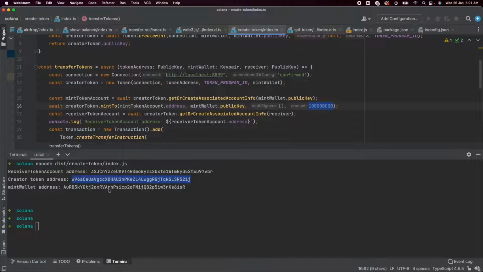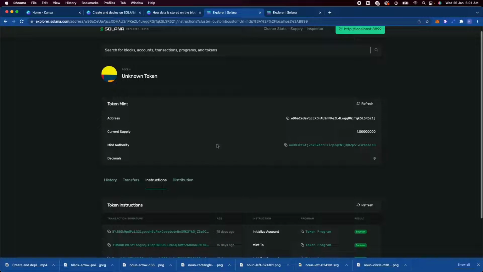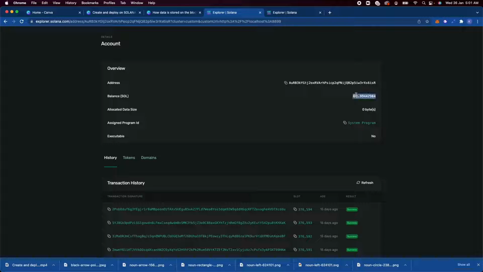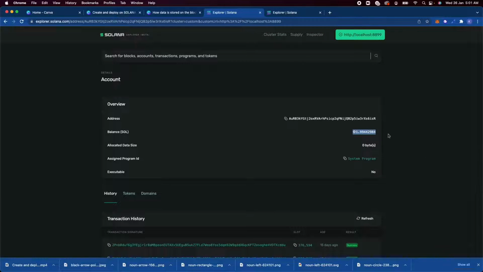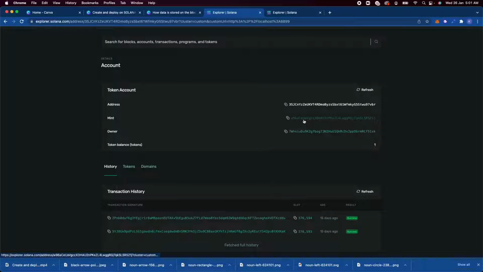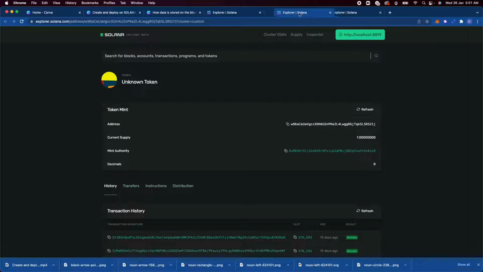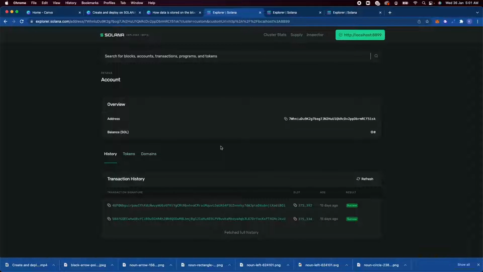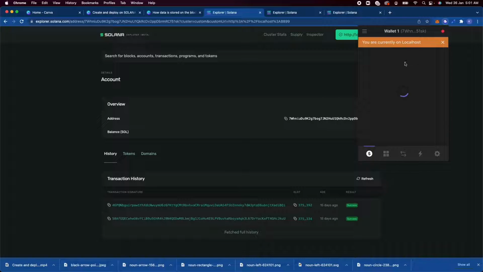Let's check out the other addresses as well. The mint wallet address is basically the same as the mint authority over here. And the mint authority basically represents a wallet that can create more tokens of this specific type. That's this one right here. It has a balance of 2 Solana, which is what we initially airdropped it. And finally, the receiver token account, which is basically the data account for the receiver. And as you can see, it clearly shows that this is the mint that this specific account holds, which is this token. And this is the owner of that mint. So this is this guy right here, or this account basically.